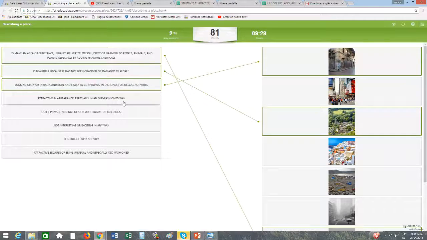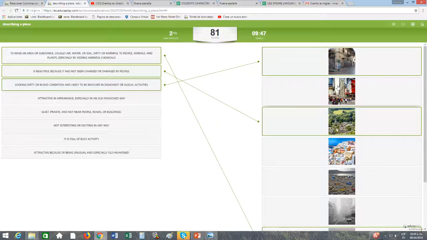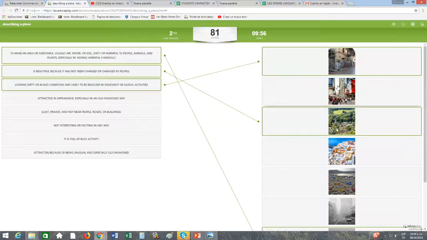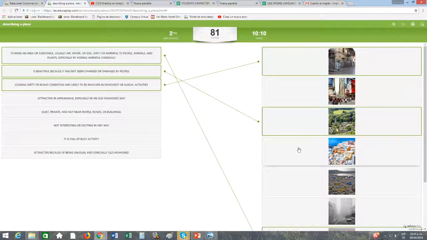an old-fashioned way. Very old structures, very historical place. In an old-fashioned way. It's the second. For example, New York. Old-fashioned, but remember, old-fashioned means that you don't have any modern structures in there. And New York is a very modern city, right? Okay. So we got here maybe number 4, 5, 6, or 8.